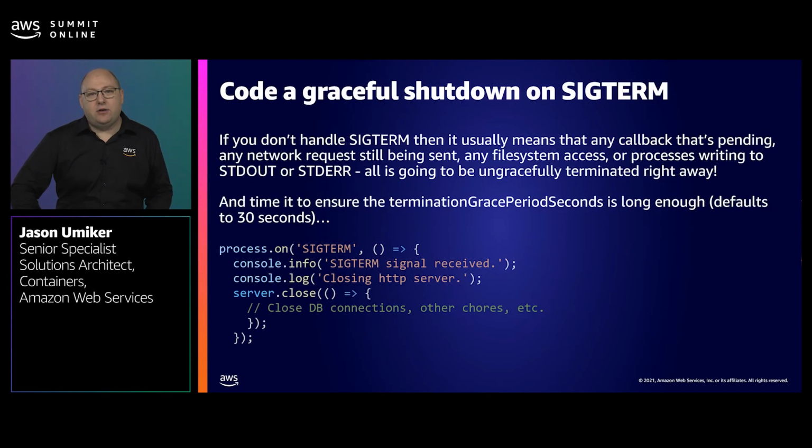As we said earlier, Kubernetes is doing pods the favor of asking them to shut down gracefully and then giving them the time to do that with a SIGTERM. Ideally, you should be catching that signal in your code and using it to ensure that the pod going away will be as non-disruptive as possible. This code is an example of how to do that within a Node Express app, but there will be similar examples for all the languages and runtimes. You should test if your app behaves as expected here, and if not, you may need to catch that signal and add some logic for it to do so, like in this example.